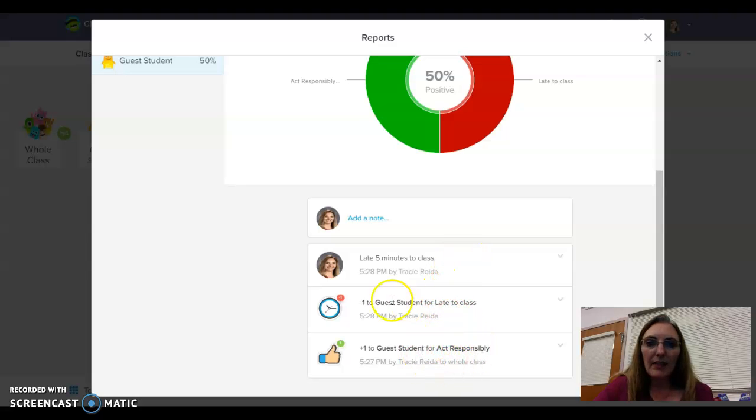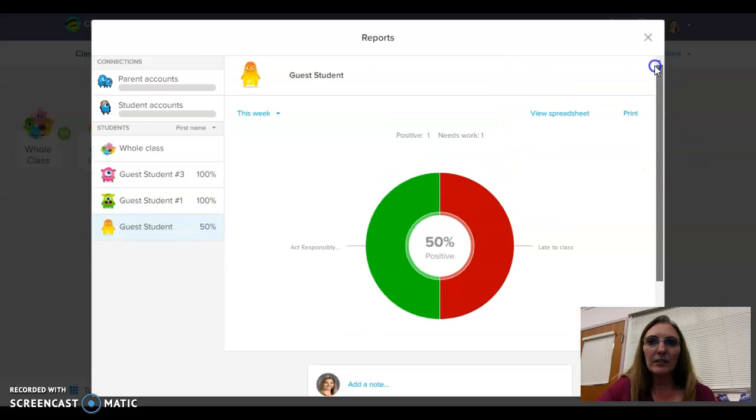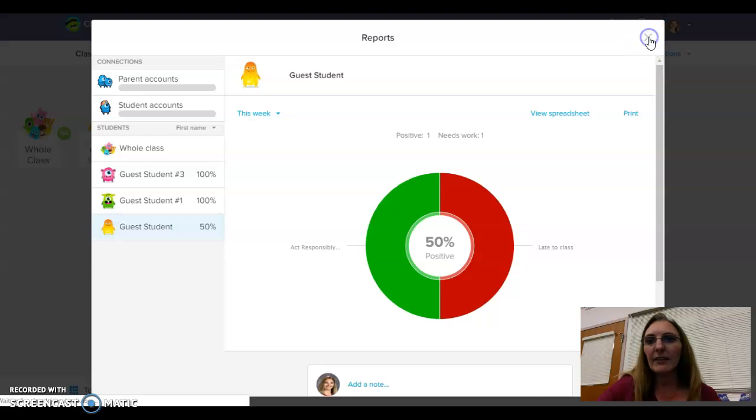So notice that this one here, this was a negative one. I can click on that, and if I accidentally made a mistake, I can remove it too, because I've been known to make a few mistakes. The note that I added also shows up, so parents can see that note. So that is the report section, which is very nice for the parents to constantly see how their child's behaving